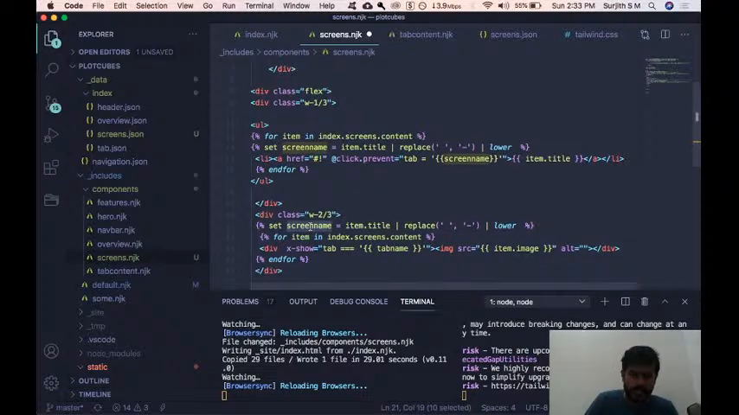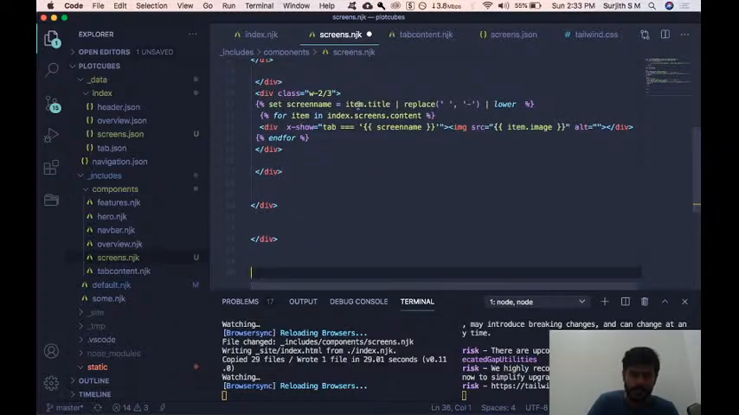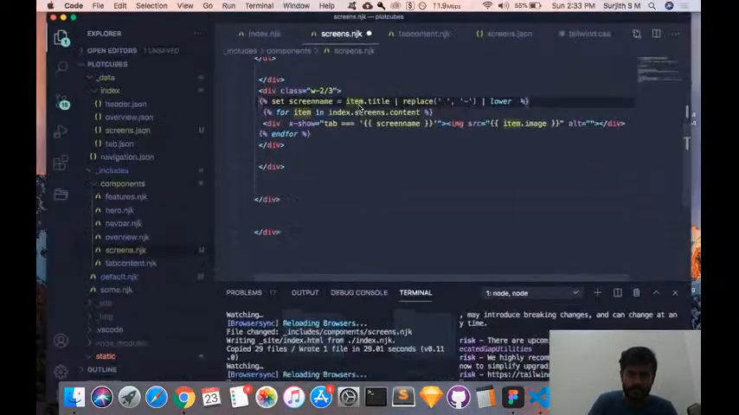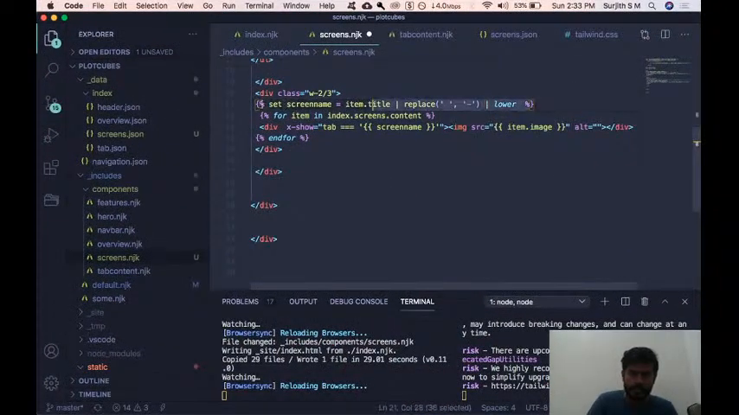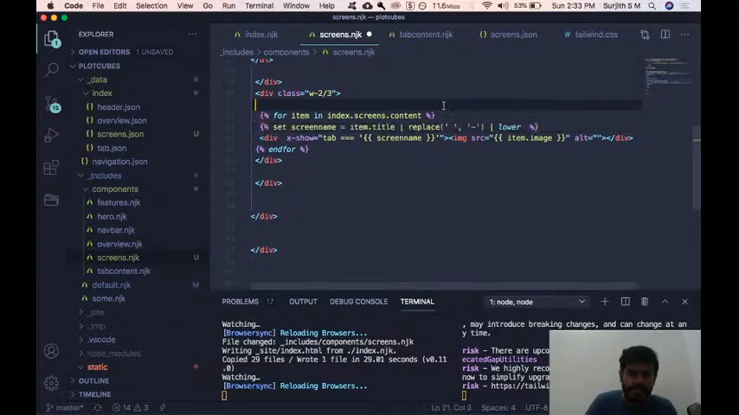So what is screen name? We have the set screen name, which is actually similar to a variable in JavaScript. Okay, Command X, we should put this inside here. So what this does, it will take the item title and then replace the spaces with hyphen, and then it will make it lowercase. So it will be easier to